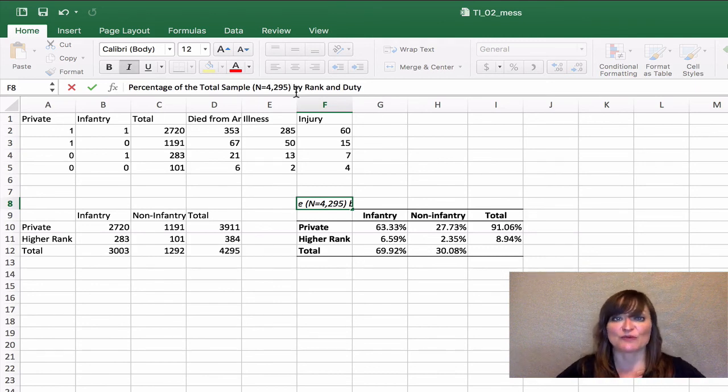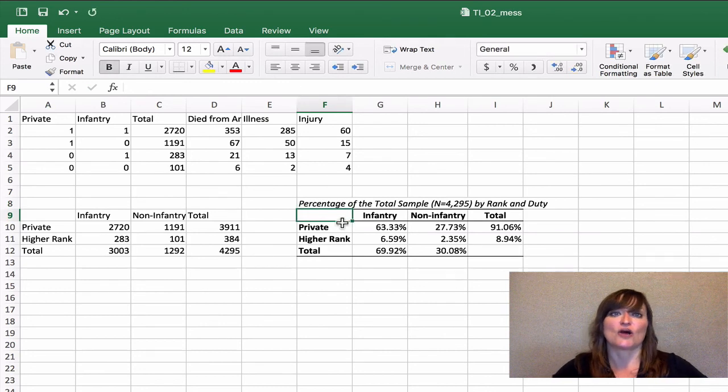When you're happy with your table formatting, go ahead and copy and paste it into your Word document and add a sentence or two that describes what this information gives you. What do you now know about this data? If you need a reminder about the guidelines for narrative, you're going to find those under the Design Guidelines tab.